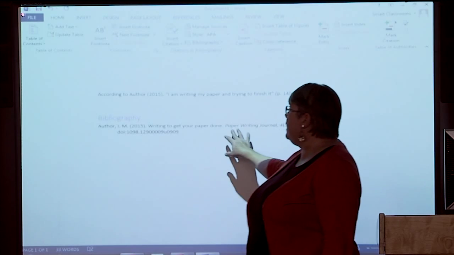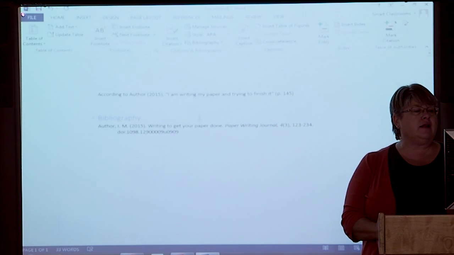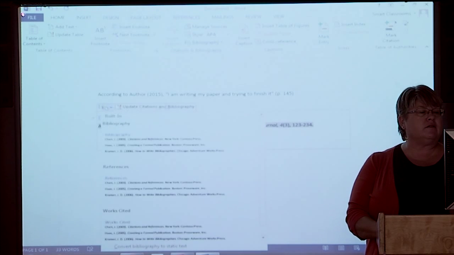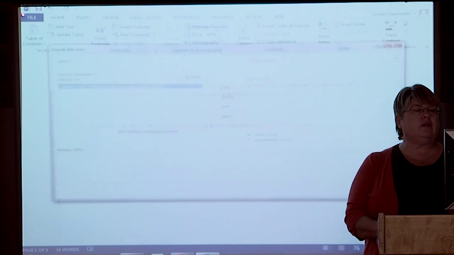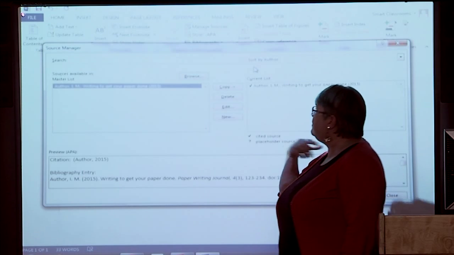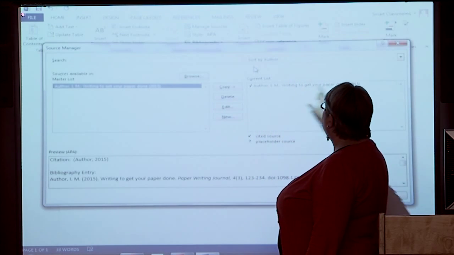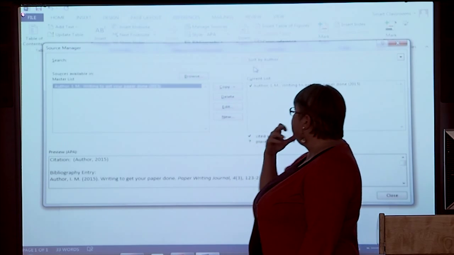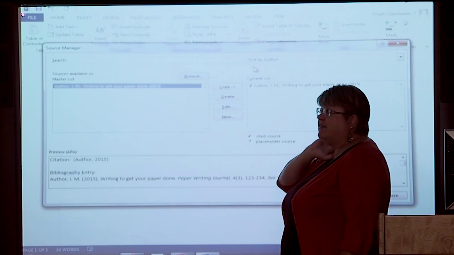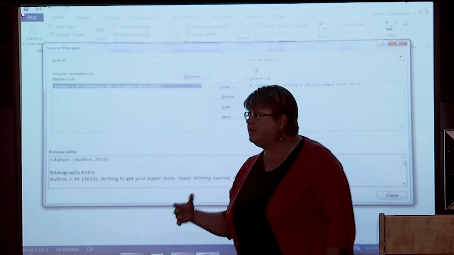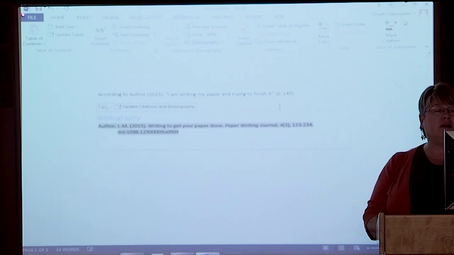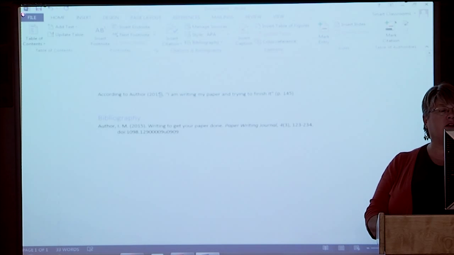And then if I need to make edits to it, I can go ahead and click on this and I can make changes, or I can add in some other ones. And you'll see on my managed sources, it put a check mark there because it knows that I used that one. So it tells me which ones I've already included. I've discovered that if I'm using several resources, I can nest them in there, which gets a little more technical. So if I needed to add a second one here, I could.